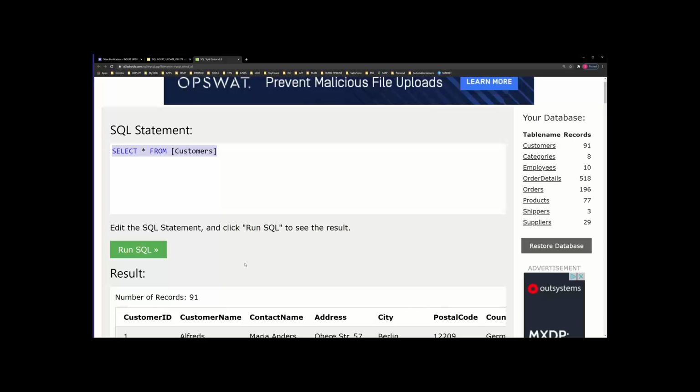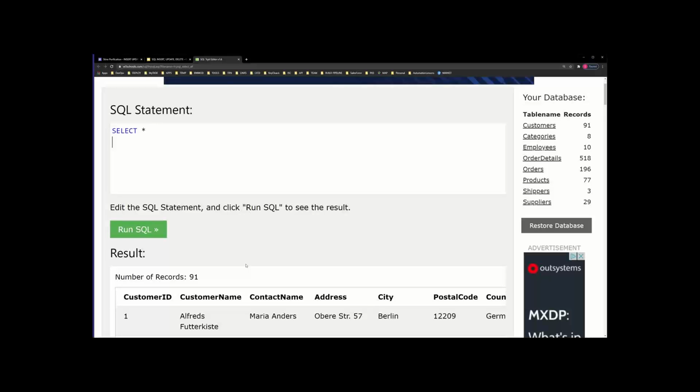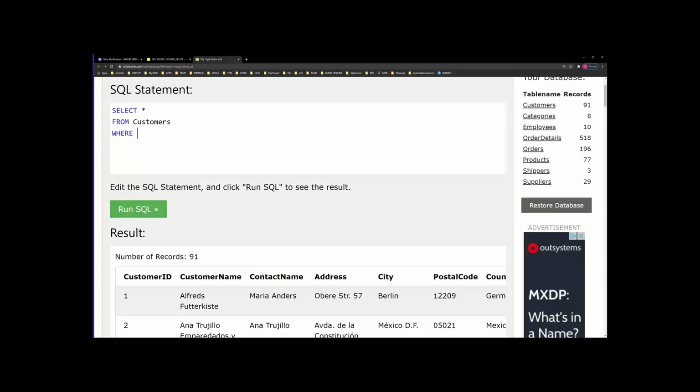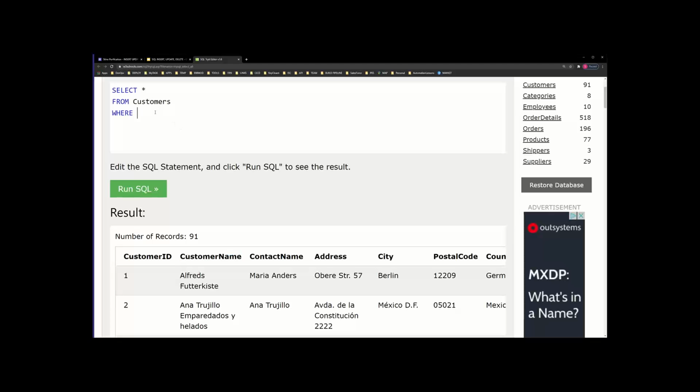You get the point. So I would say select. Let's say I want to display everything, so select star. You have to specify which table, so from customers. This is where you have to say where, because you're filtering with a wildcard. You have to specify the column name, it is a must. Every time you have a where, you have to specify a column. So the column name is customer name. Where customer name